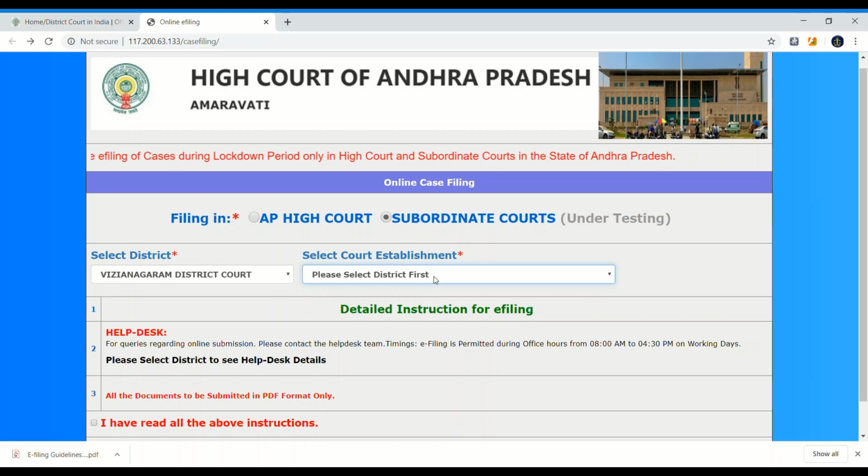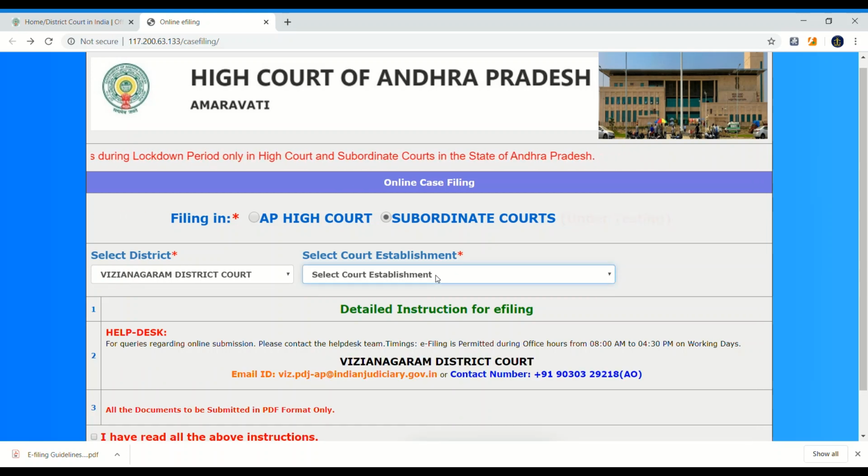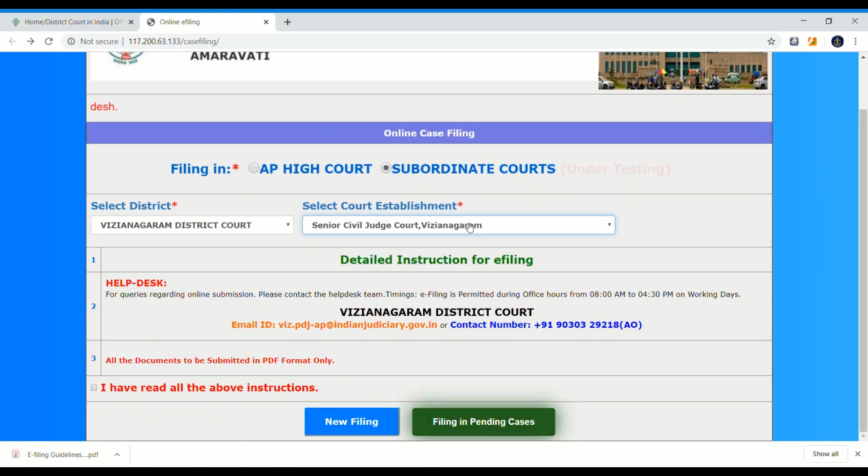Again, select the court establishment in which we are going to file a case. For example, we choose Senior Civil Judge Court, Vijayanagaram. Then tick on 'I have read all above instructions' and go for new filing.